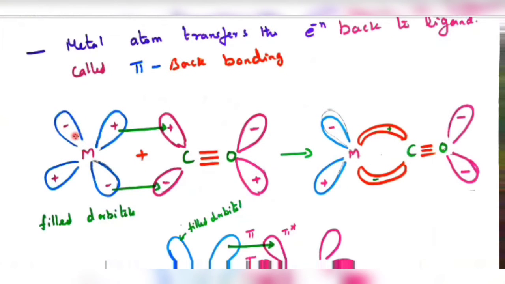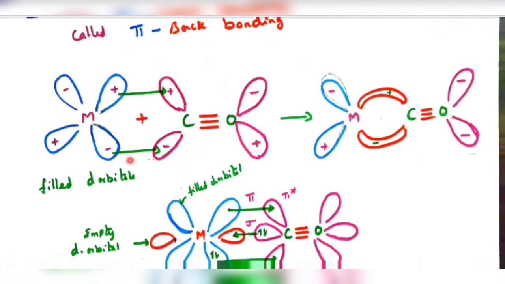Here these are the metal's filled electrons. The carbon also has p orbitals, which in the molecular orbital picture are vacant. So the excess electron density is donated to the p orbital of carbon. This is called a pi bond. The filled d orbital electrons are donated to the carbon ligand, so it is called back bonding. It forms a banana-shaped bond, a plus and a minus.